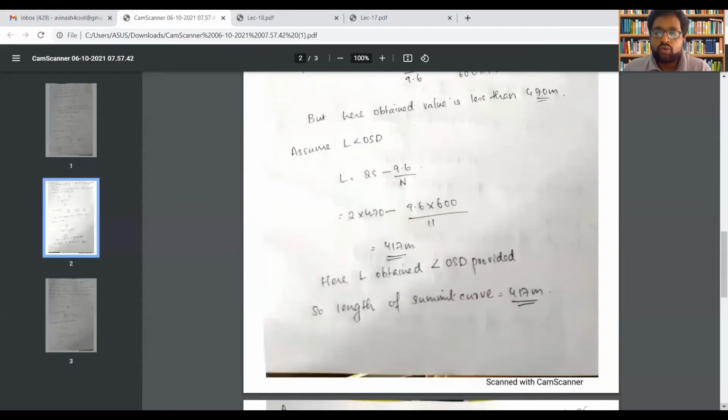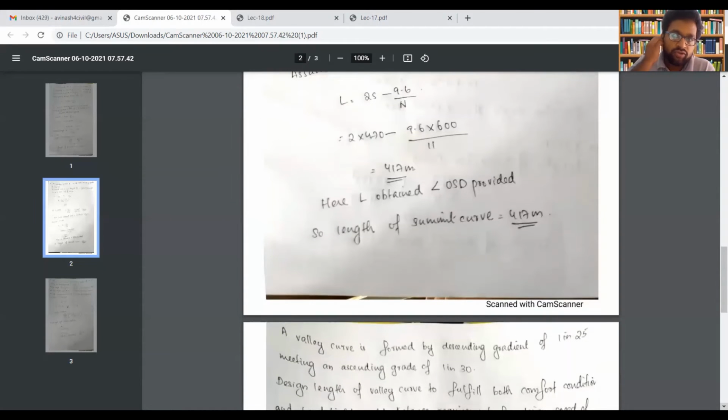Okay, so these two questions on summit curve are done. Now we have to do one question on valley curve as well, okay? So now we have done 2 questions for summit curve. Understand these 2 questions and, as I said, do it for yourself. Now we will continue with one more question for valley curve. We have seen 2 problems for design of summit curve. There is one more type of vertical transition curve, summit curve and valley curve, right? So we have to solve for valley curve also.